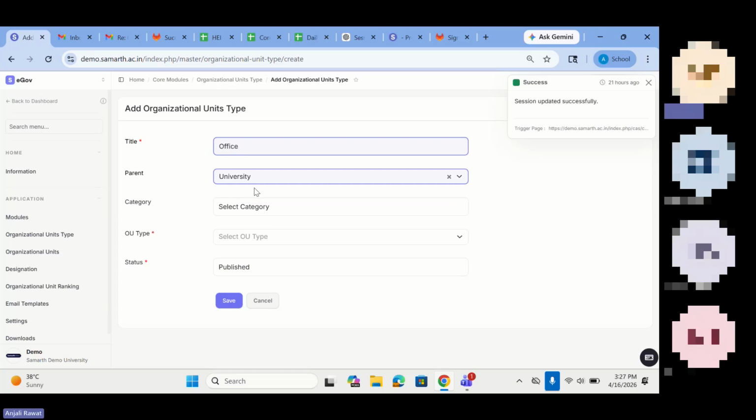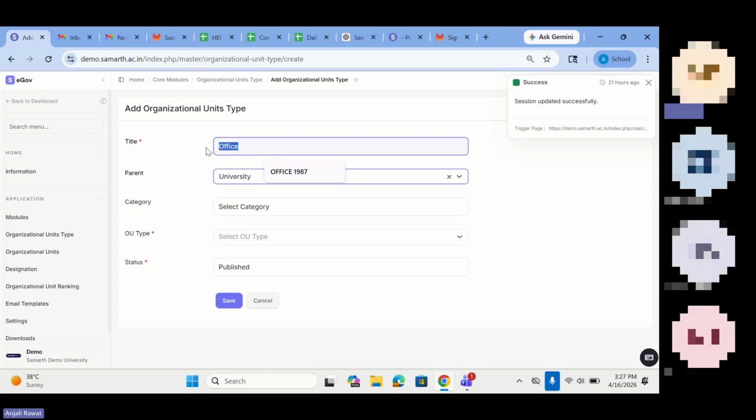Same if you have a department. For example, you have the faculty also, meaning the dean, whom you have assigned to the schools or faculty. Now your HOD is reporting to the dean and your dean is reporting to the university. So first you will create the type faculty, and your parent will be university.